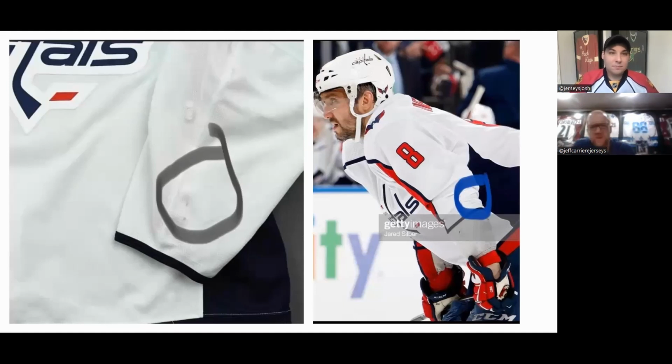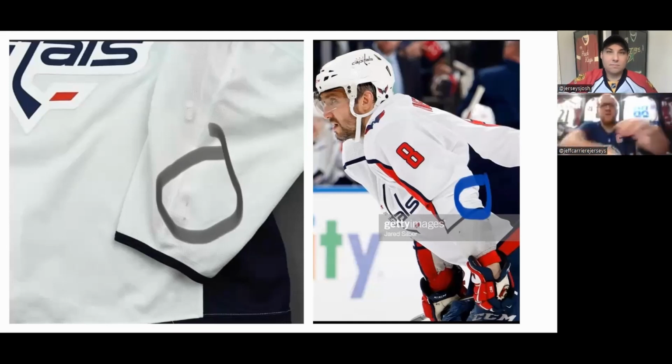Yeah, so that one was, I think, when he played the Rangers, I want to say. Also, there's another photo that I was able to identify just by this back mark right here against the Rangers. It is tough because it looks like Ovie wears a protector right on top of his glove that is white, so it blends in with the jersey. And there's a couple of scuff marks, so you have to be really careful to identify properly, because if you see right underneath the trim of the jersey in the photo that you have, you notice